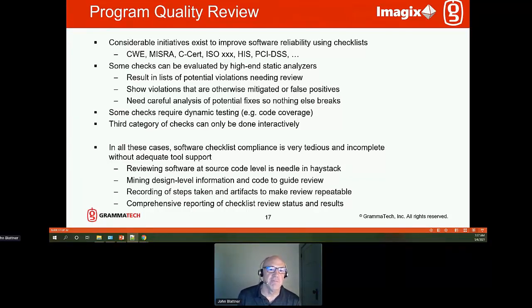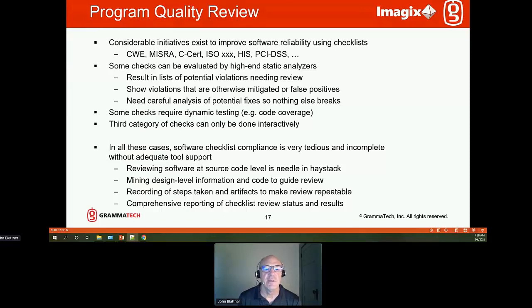Many of the checks that flow from these can most effectively be addressed through static analysis, exactly as Walter explained it, where the static CodeSonar generates a list of potential security or reliability issues. Some of the checks require dynamic testing, and when my section here is done, Walter's going to overview that. And then there's a third category,